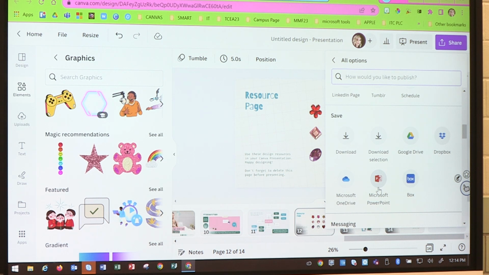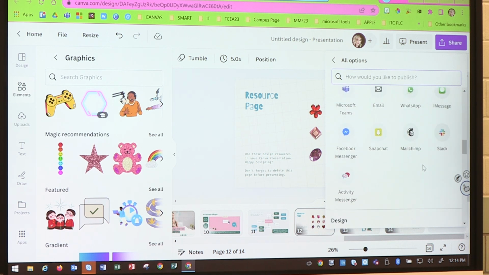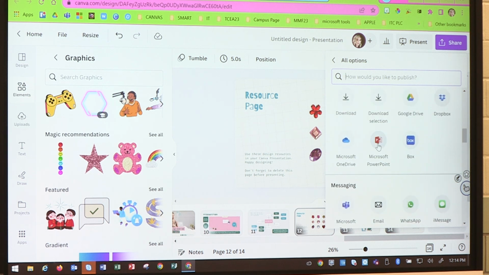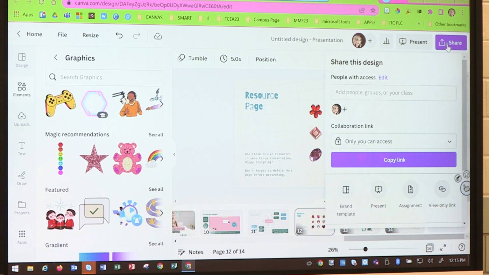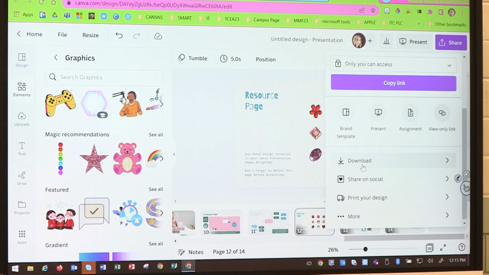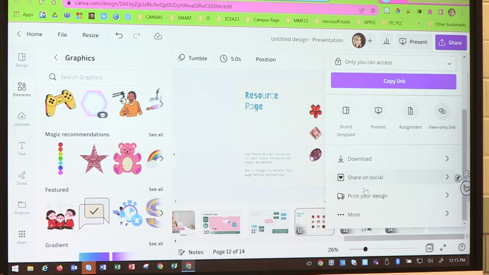Under save, under share, it's share, but as I'm scrolling down, it's under the more. She's talking about categories. Once you click share, there's share, there's social, there's save. So you go to share, right? And then you're going to scroll all the way past the download, scroll, scroll, scroll, and then you see the